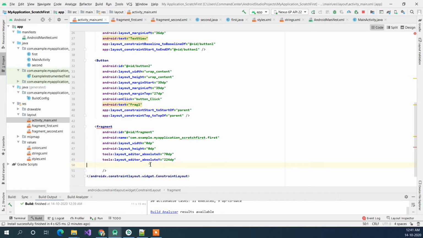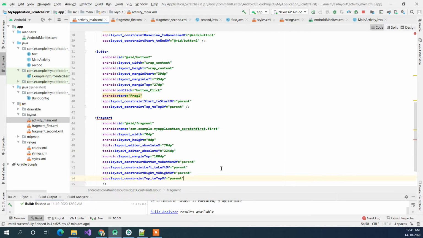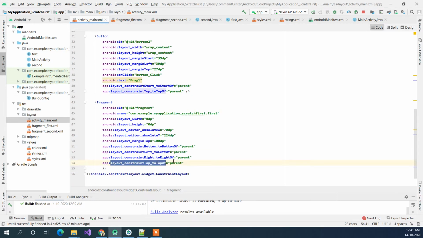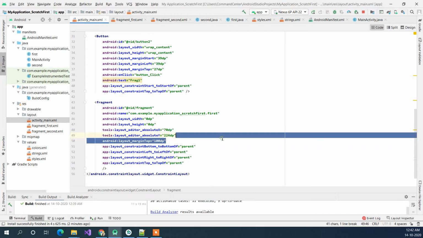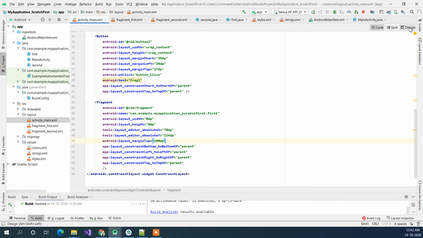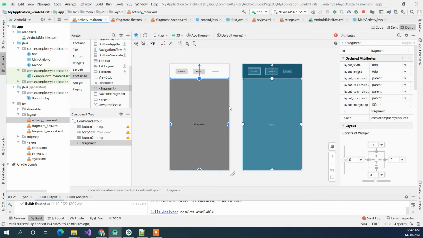So I have the code here. Most of the things are related to the parent. It will add a constraint to that, and from the top it will have a 100 dp margin. If you go to the design view, you can see the different constraints which I have applied.